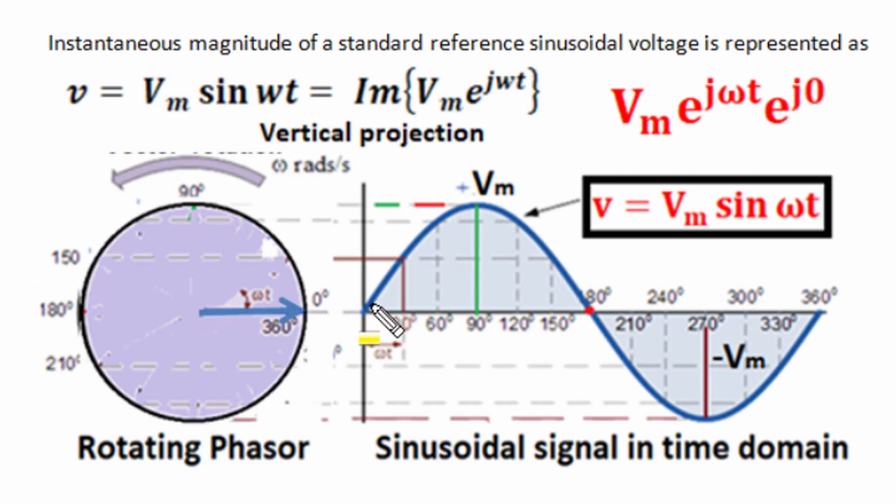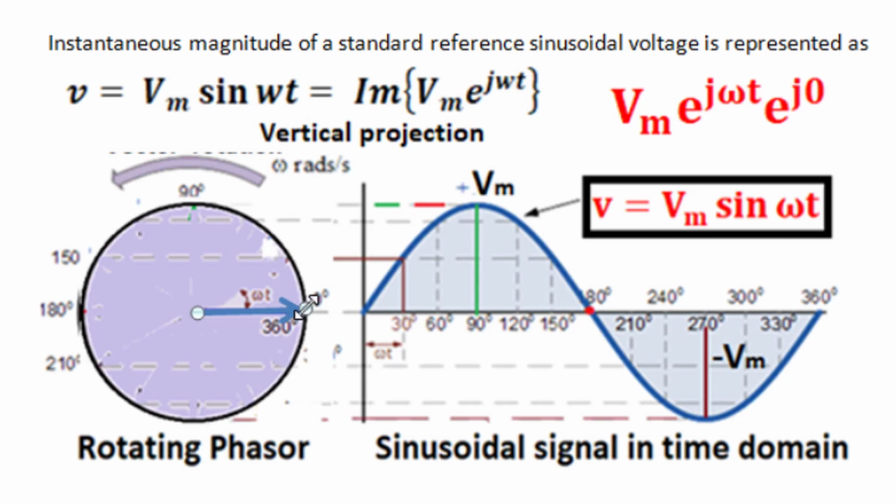If we have to represent a standard reference sinusoidal alternating voltage whose initial value at t equal to 0 is 0, and which is increasing in the positive direction in a typical nonlinear sinusoidal manner, then the phasor has its magnitude equivalent to the amplitude or peak magnitude of the sinusoidal signal and its phase angle is 0. So this phasor has its initial position along the horizontal reference axis,